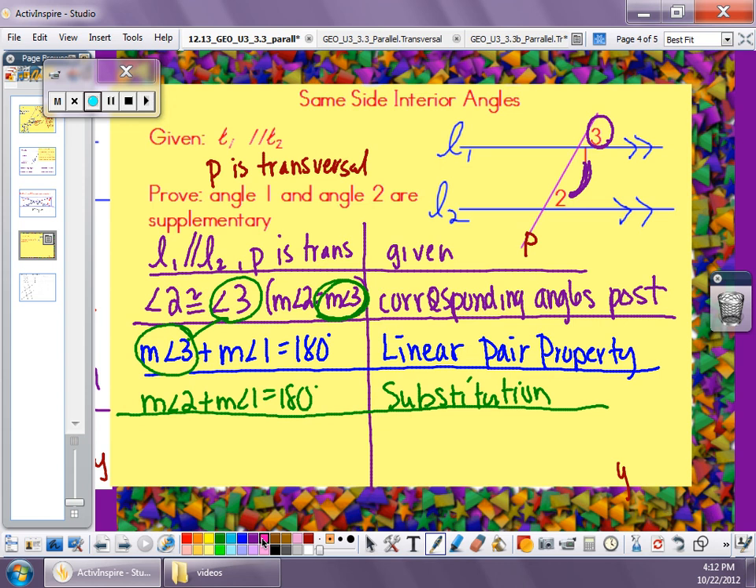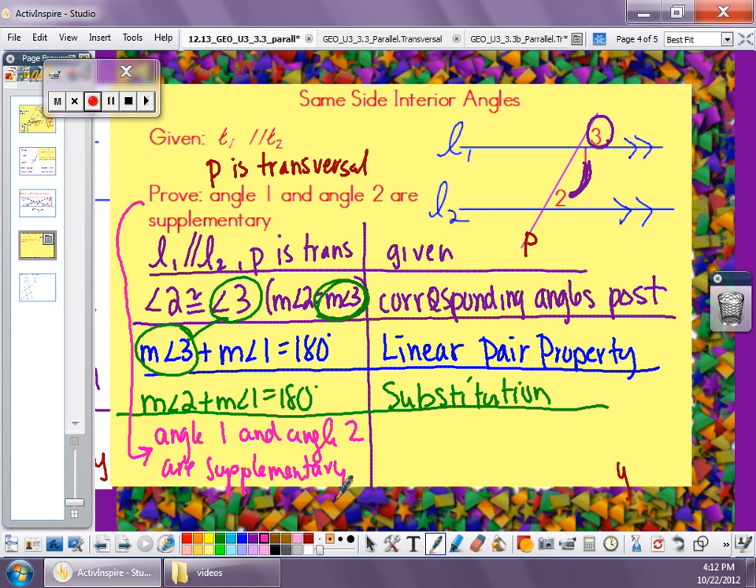And the next line. Whatever you're trying to prove always has to be the last line. So I would say angle 1 and angle 2 are supplementary. And all I've done is change them from being added together, the 180 degrees, to supplementary. You would just say definition